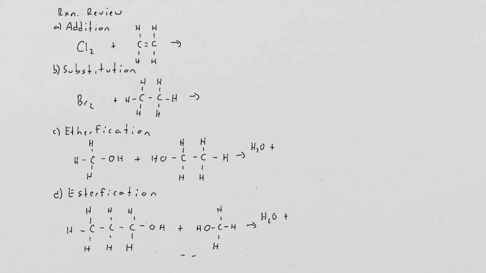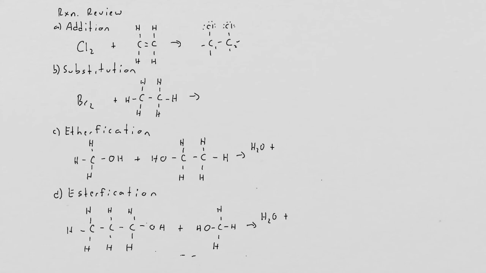So far you've learned 4 different reactions. You've learned addition, substitution, etherification, esterification. So I put one example on each of these, just to do a quick review, all right? So an addition reaction involves usually a halogen, but it could also involve a hydrogen, actually. And in an addition reaction, what happens? We break the double bond, and so in this particular case, we have carbon with a single bond as a product, and the 2 Cl's will be on the carbons that were adjacent to where the double bond was originally, and we would end up with